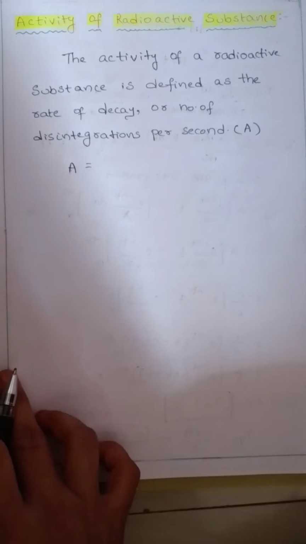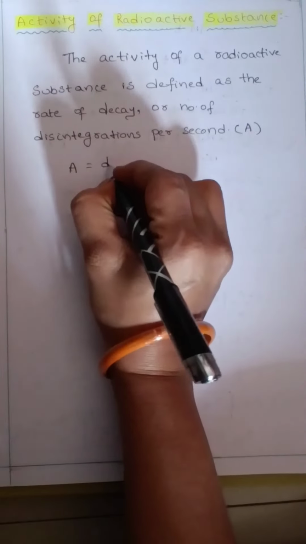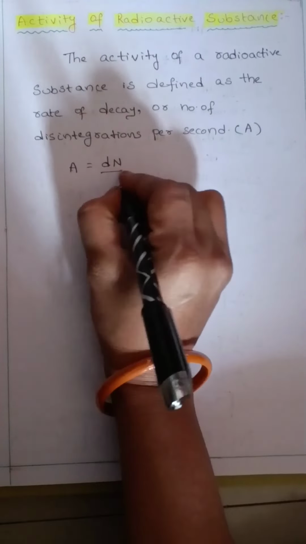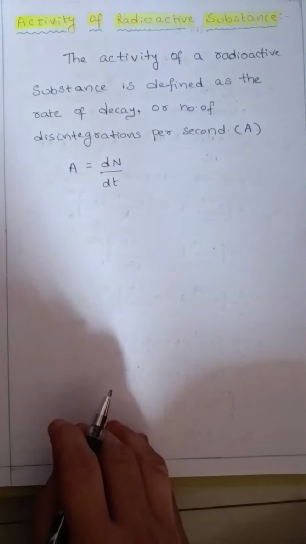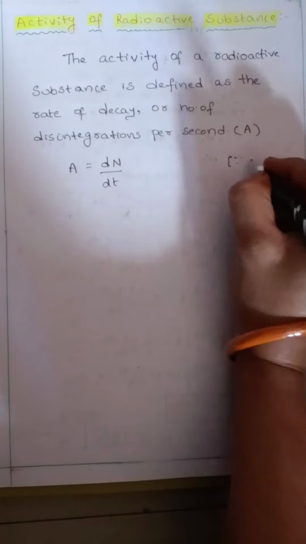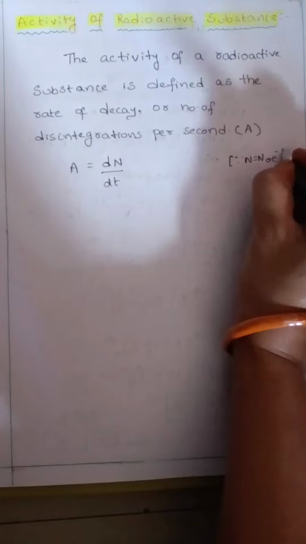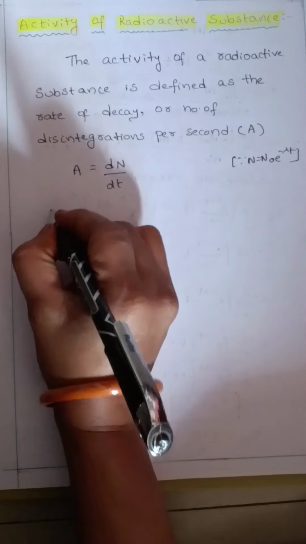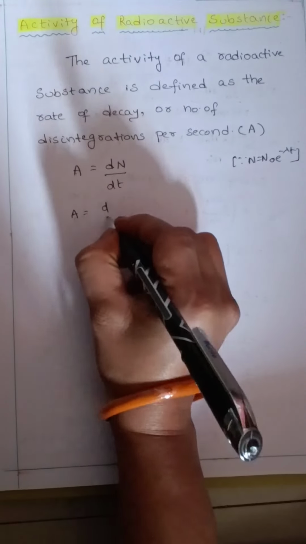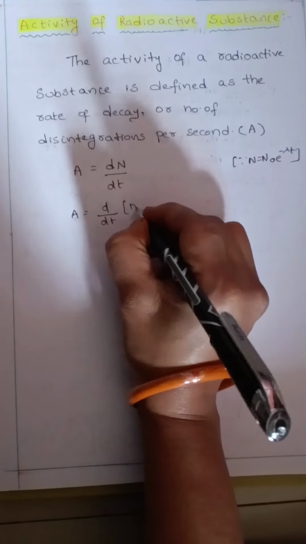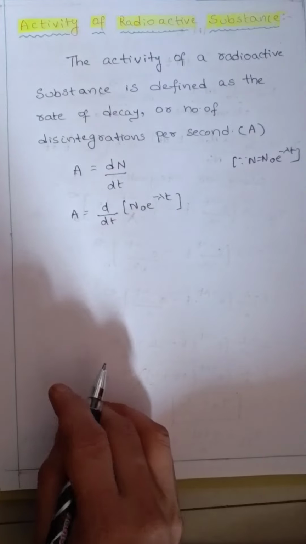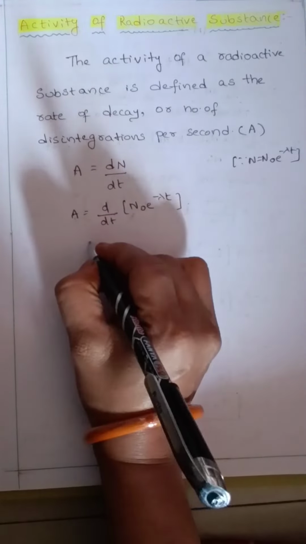The number of disintegrations depends upon the number of atoms, is it not? So the disintegrations can be written as dN, and per second means with respect to time, so we can write this as dN by dt. And we know that N is equal to N naught e power minus lambda t. So just substitute here: A is equal to d by dt of N naught e power minus lambda t. So after differentiation, we get